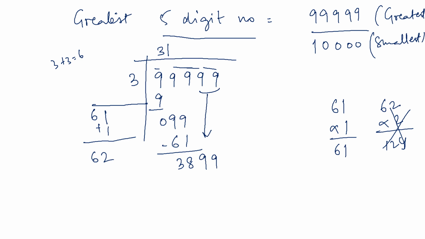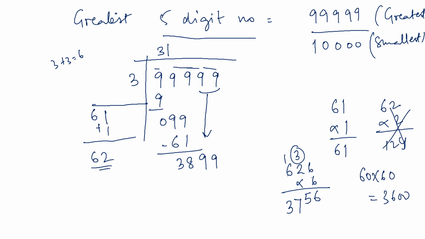Now again think of a number. I think 62. 6 into 6, how much? 6 6s are 36. 6 2s are 12. So 6 6s are 36 plus 1 is 37. See, you have to assume, because if 62 is there and you think like 60, so 60 into 60 is how much? 3600. 6 squared you know is 36, now 2 zeros are there, put 2 zeros. So that way you have to see. Okay, you can try. So the near number will come. Now 3756. So let us write a 6 here and a 6 here.